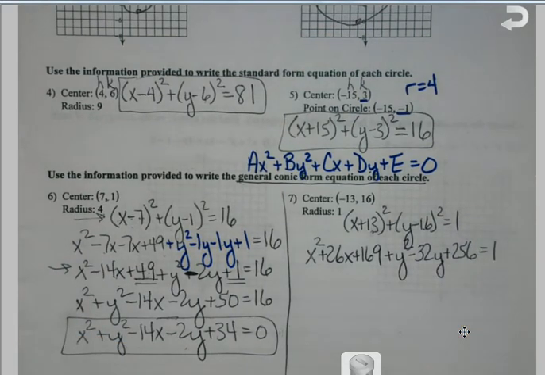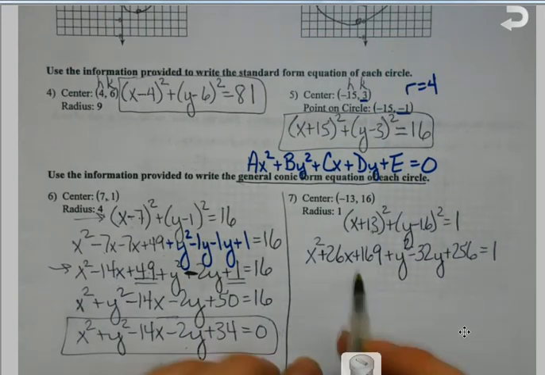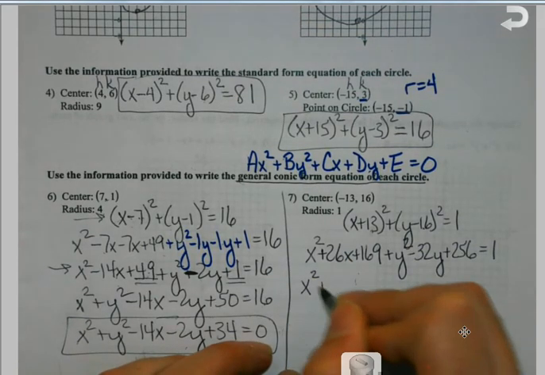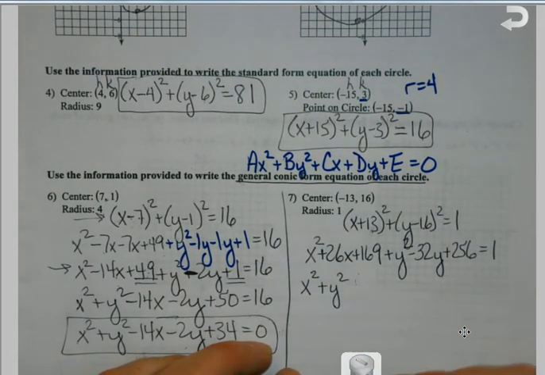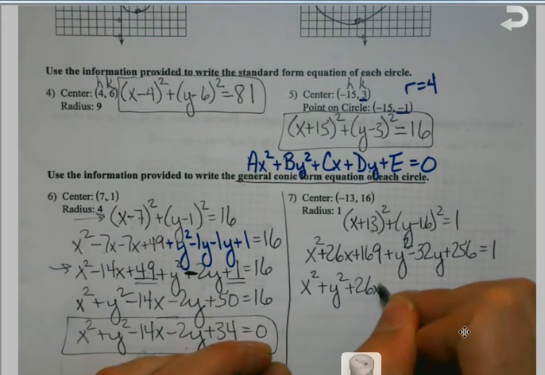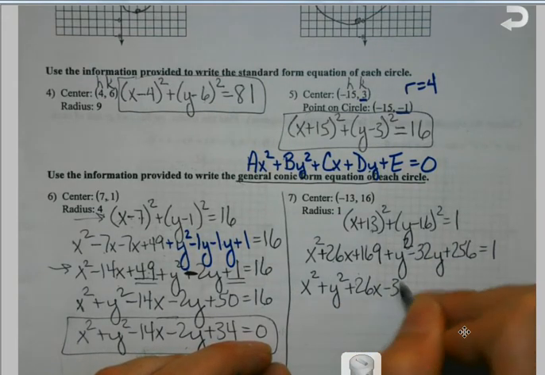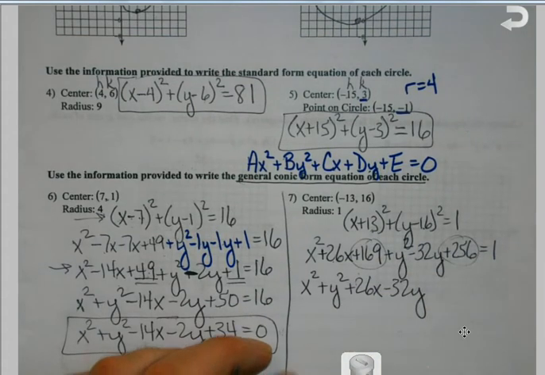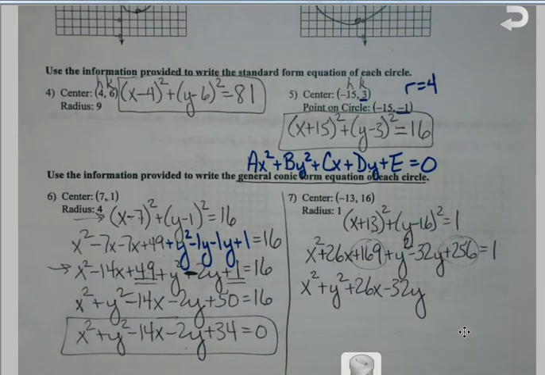Now again, if you're more comfortable FOILing it out and taking the one extra step to get here, that's fine. But I always like to show you those options. And now we're ready to get into our form. So x squared and y squared start. Then I go to my x term, to my y term. Then we got to take care of all these guys. So let's see here,